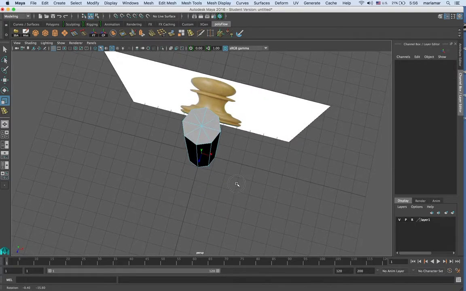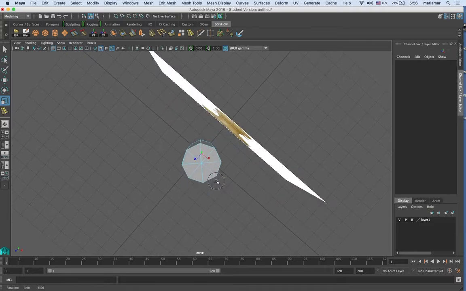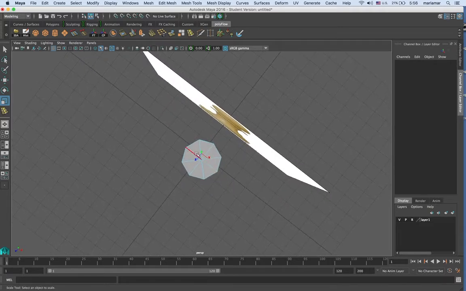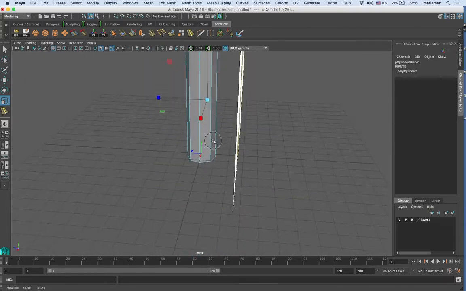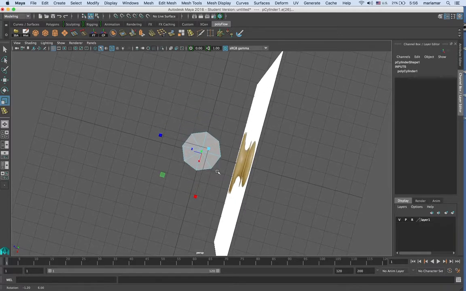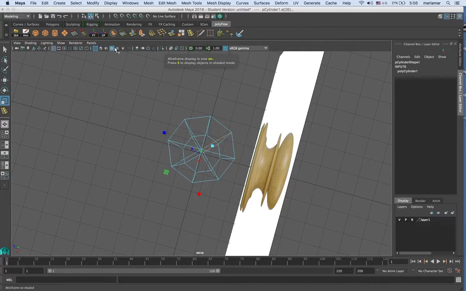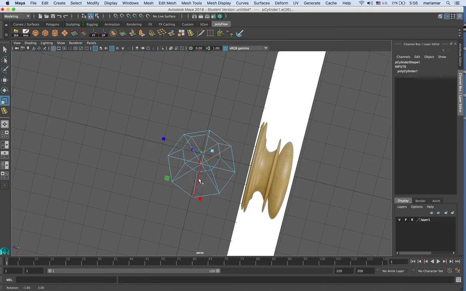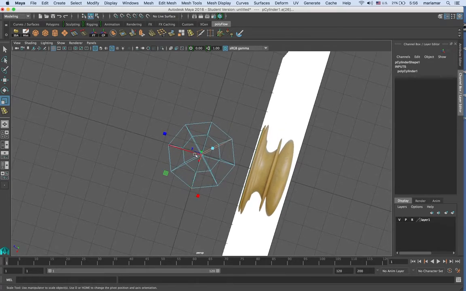and I can show you that there's a way to select through the object. So if I'm looking at the object straight on, I can actually drag select both the top and the bottom edge, but that's a little bit hard to do in the shading mode. So this is a good place to go into wireframe mode so you can actually see what edges you're selecting. Line them up, select through the form,